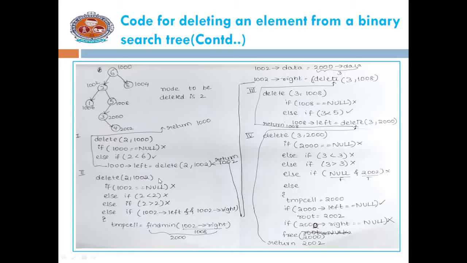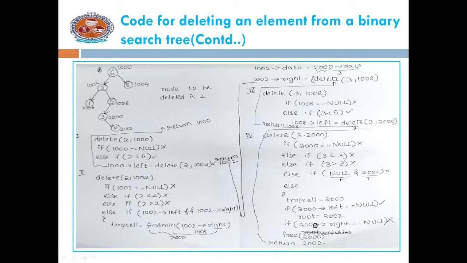Now our root value is 1002. If 1002 is not equal to null, the case fails and it checks the else if: 2 is less than 2, no. Else if 2 is greater than 2, no. So you have to check whether that node's left child and right child are null or not. 1002 of left is present, as 1002 of left is having a node and 1002 of right is also having a node. So it returns true, since logical AND returns true when both the conditions are true.